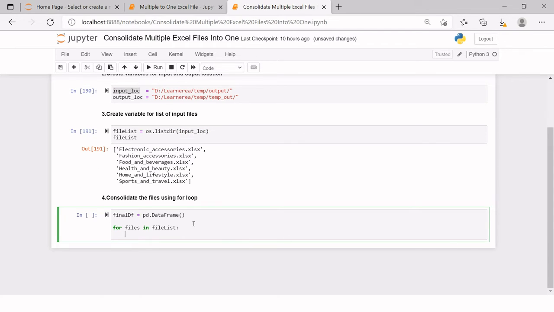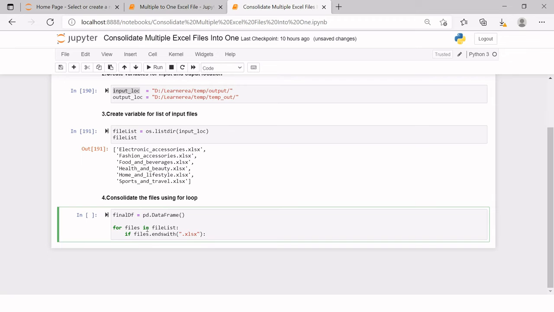All right. Now the next thing we need to do is check if all the items available in this particular list are Excel or not. There can be scenarios when in your input location there are many other file types also available, for example a text file, output, etc. So to be on the safer side, I'm just going to write one statement: if files dot endswith dot xlsx. All the file types, if you see, are ending with xlsx, which I am interested in